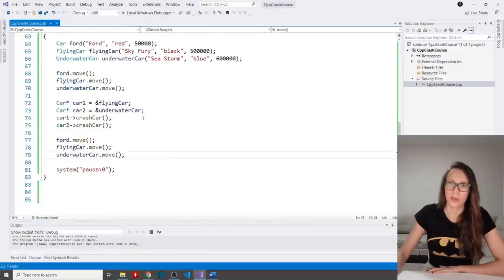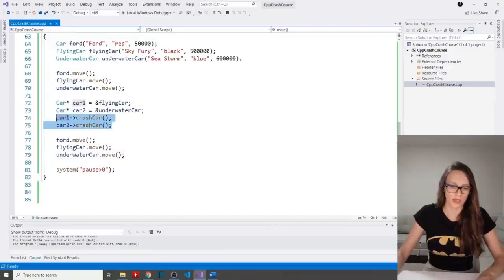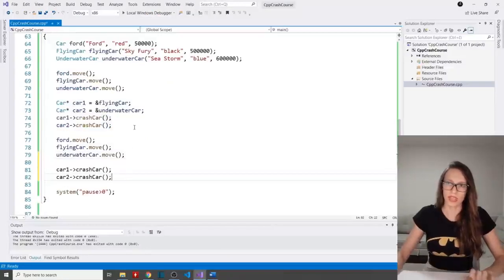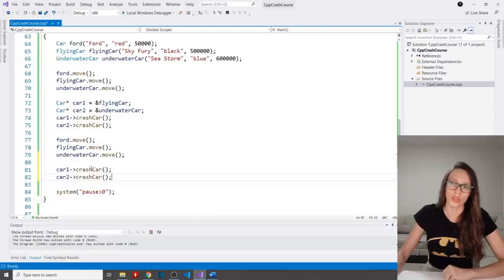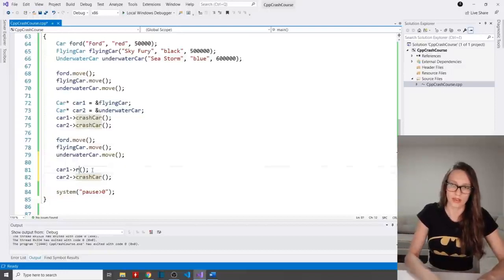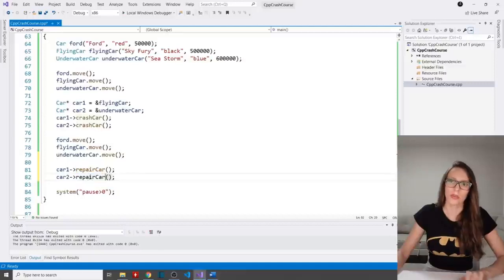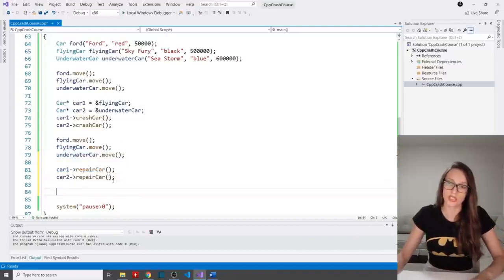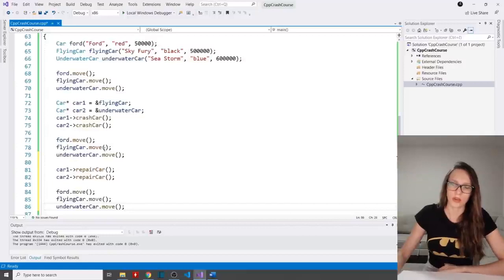Now let's repair those. I'm going to copy this and I'm going to invoke the repair method instead. So I'm going to say repair car, and then here I want to repair my underwater car as well using this notation here. So I'm going to invoke these methods again just to see if they are going to move again after this.